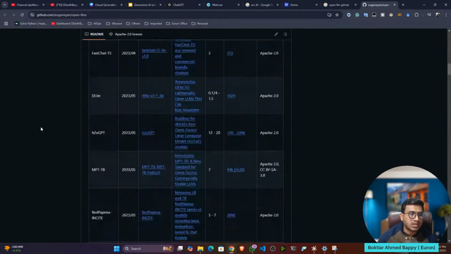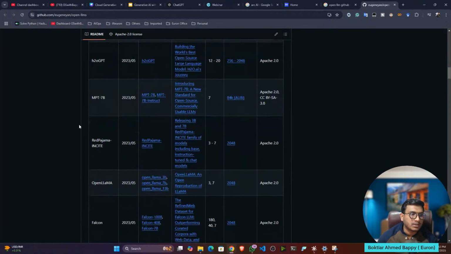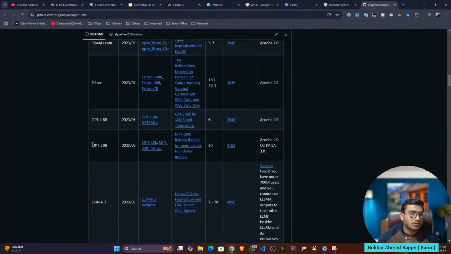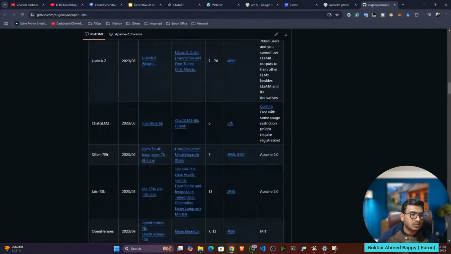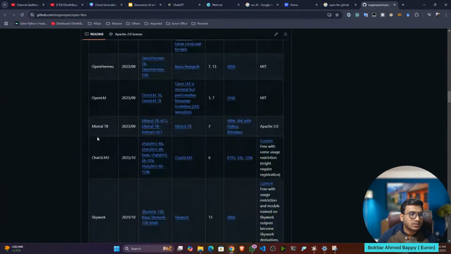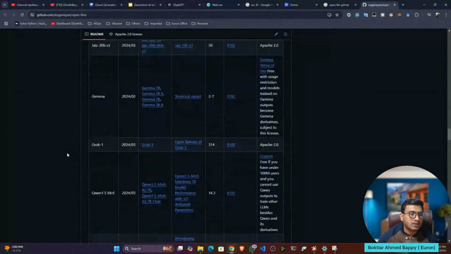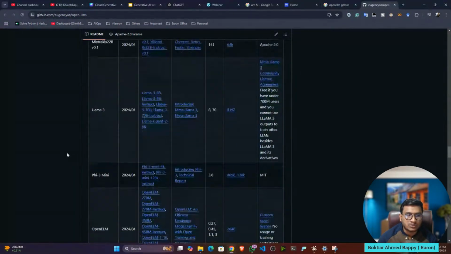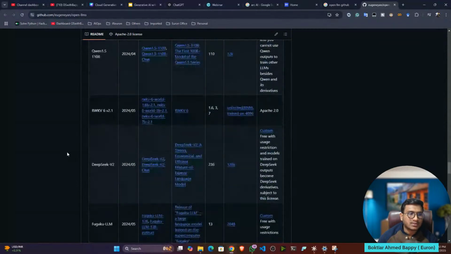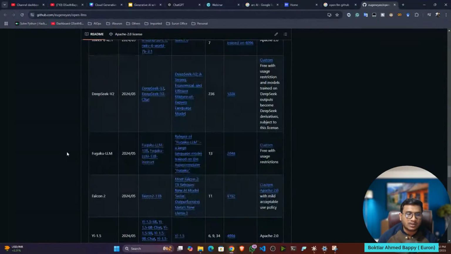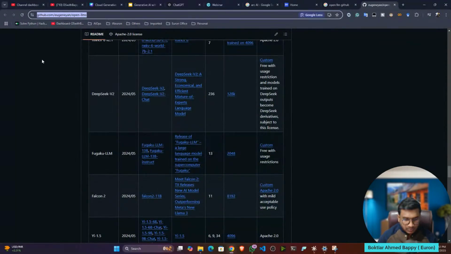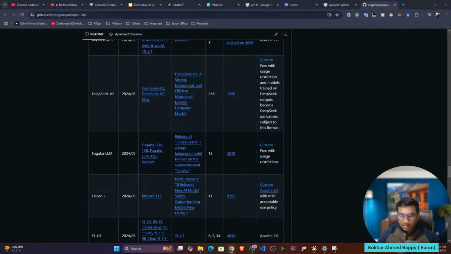See, these are the open source large language models: FastChat, then MPT 7B, Falcon. Then you can see Llama 2 is there. See, Mistral is also there. That's how it has so many large language models, and these are open source models. So in some cases, if you are not able to remember the name, you can open this particular GitHub. Let me share it in the chat, and you can easily learn about the models.